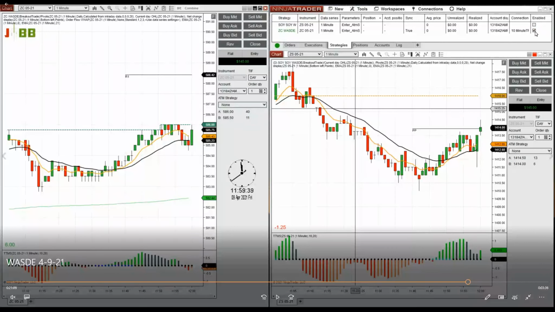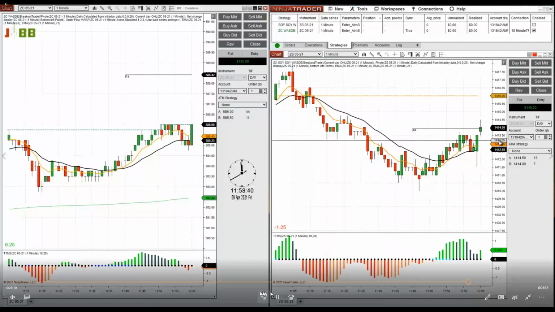So the idea is I'm going to uncheck WASD, corn, and fast check soy, and it's going to change the instrument that I'm trading. So that's exactly what I did. Watch the move that corn makes before the report. You had to be fast to do this. That worried me. That looked like the news came out early.